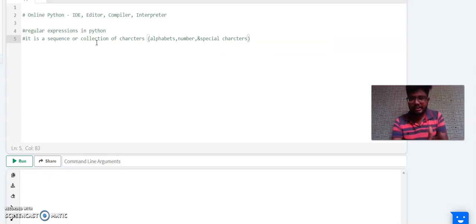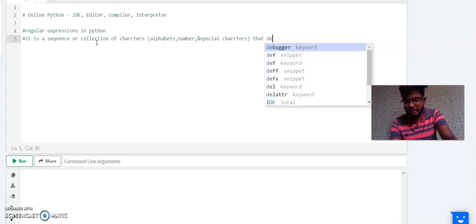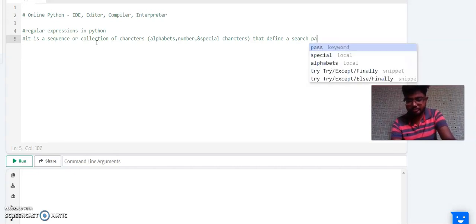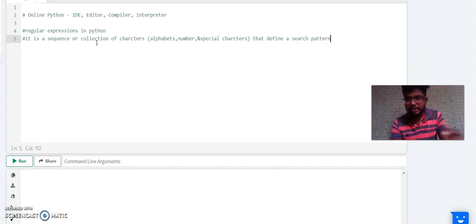A regular expression is nothing but a sequence or collection of characters, maybe alphabets, numbers, and special characters, which defines such a pattern.